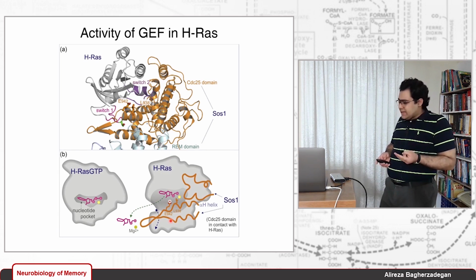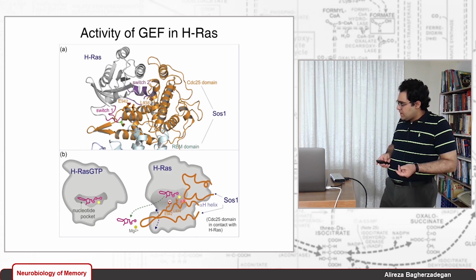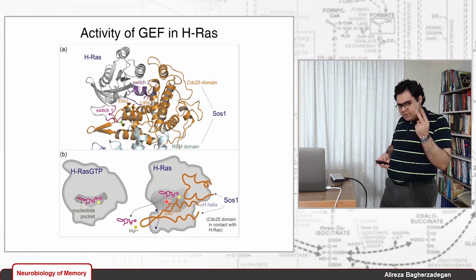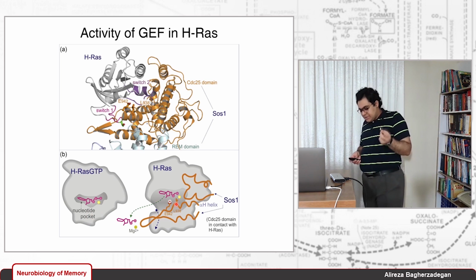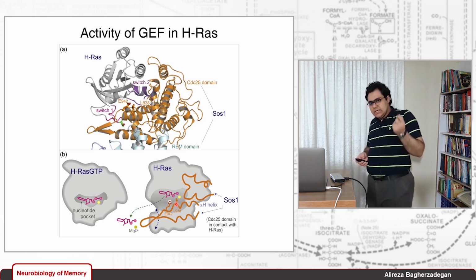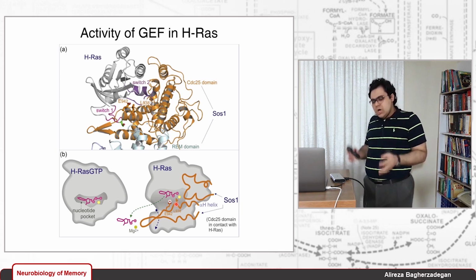It does two things. First of all, it inserts two amino acid residues in this guanine nucleotide binding pocket. Let's see what they are and what they do. The first one of those amino acid residues is leucine. Leucine is a non-polar